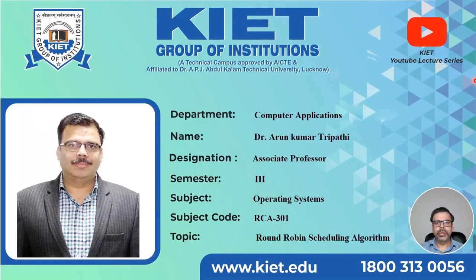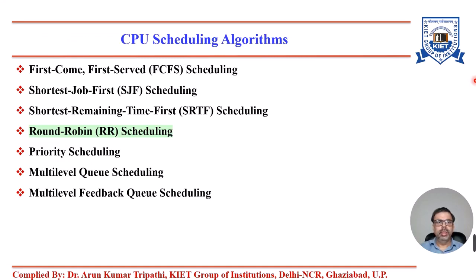Hello students, today I am going to cover the next scheduling algorithm, that is round robin. The round robin scheduling algorithm has some special features. A time quantum is allocated to the algorithm. For that time quantum, each process is allocated the processor. When the time quantum is over, the process